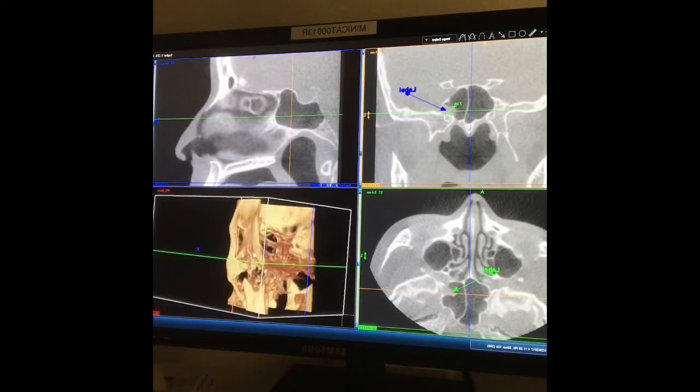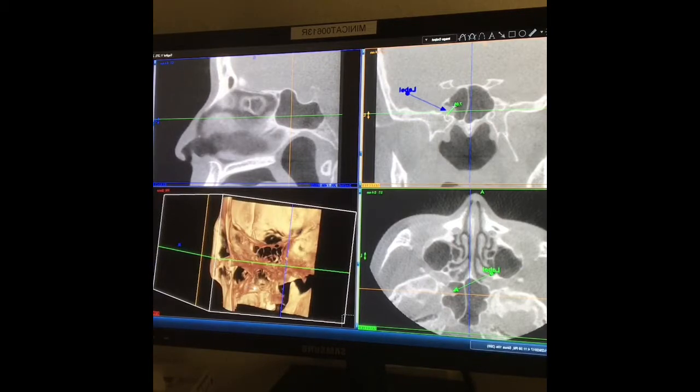You can even look on the inside. And I assure you that my wife has a very large brain, but you can't see it here because we